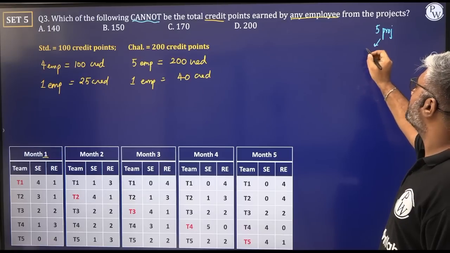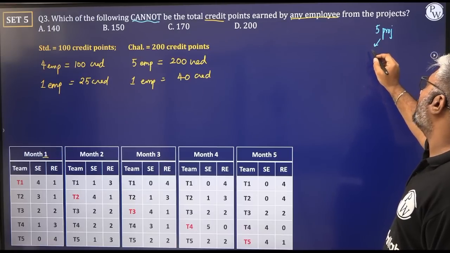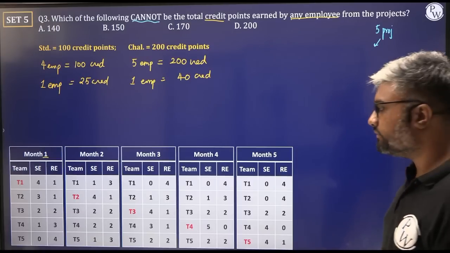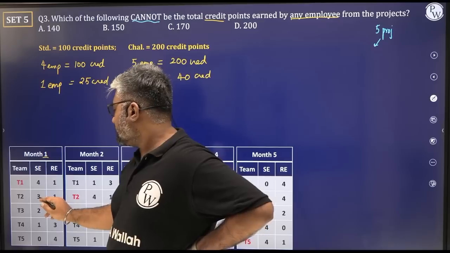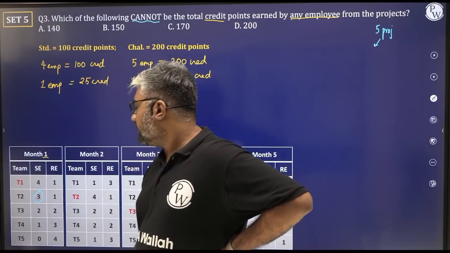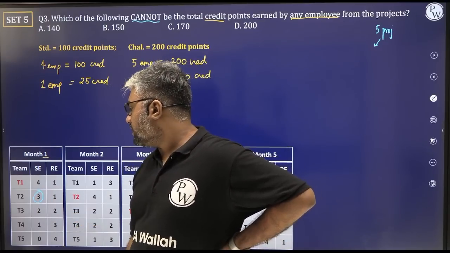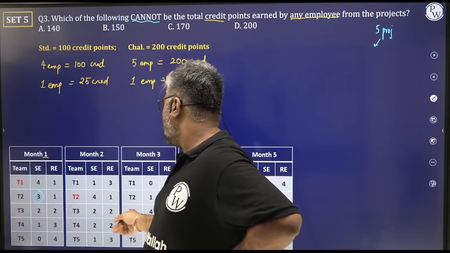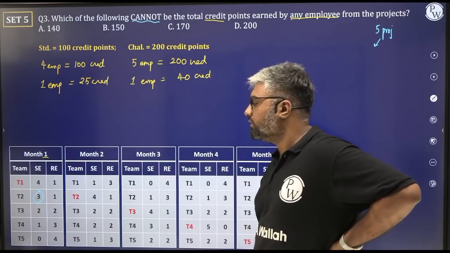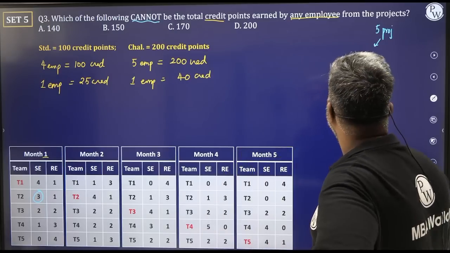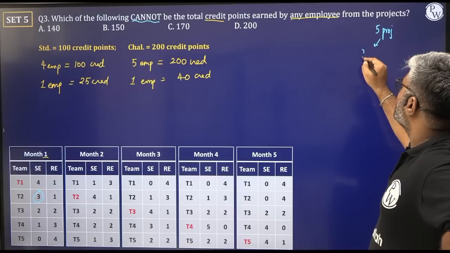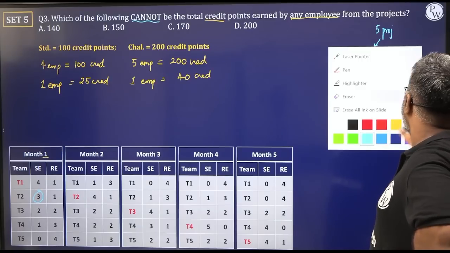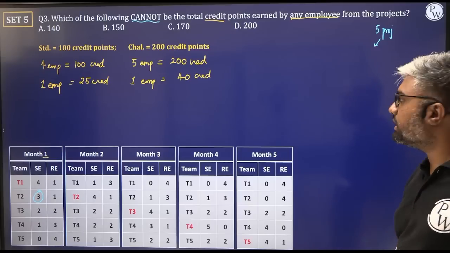Once, it will work for at least 1 challenging, but that's not necessary. Why? I can say this one employee here who was at 3 was the guy who was in SE, but then he moved out or something. It's not necessary that he has to work for a challenging one for sure. So let's say that person works for X number of times. Let's use the right variable and not confuse with more variables.